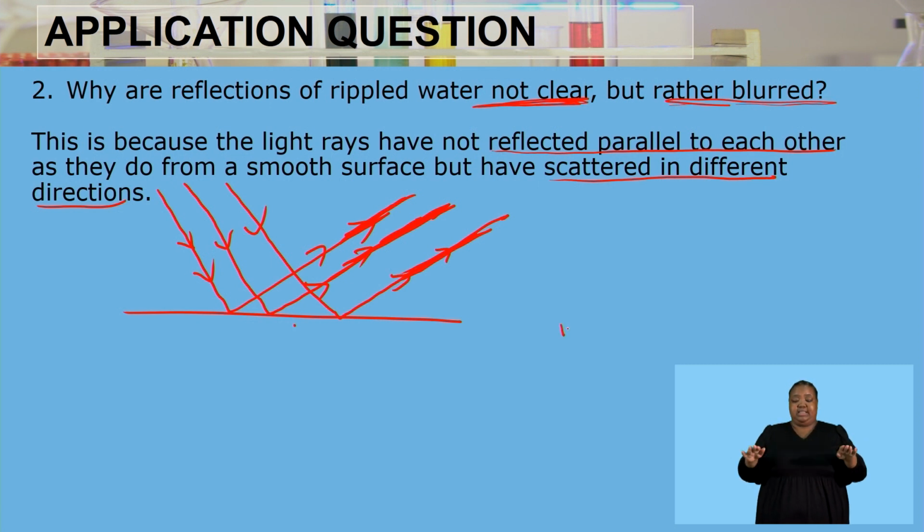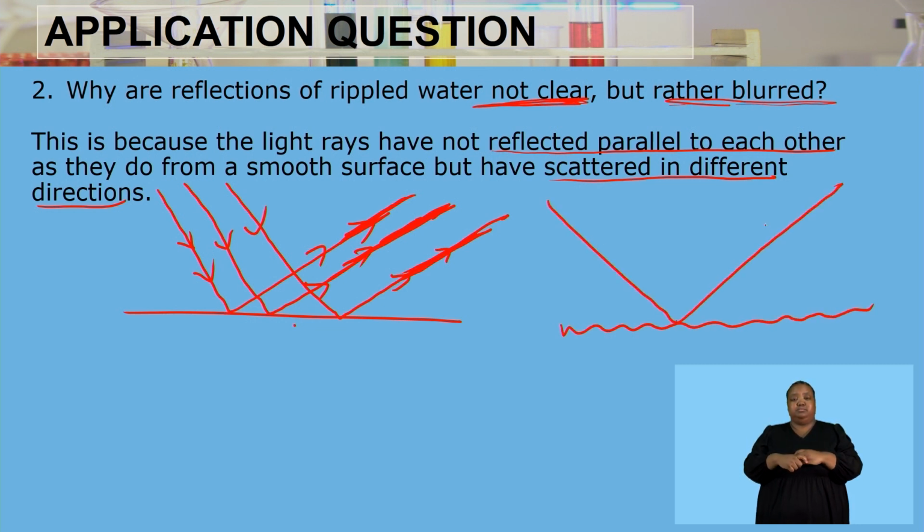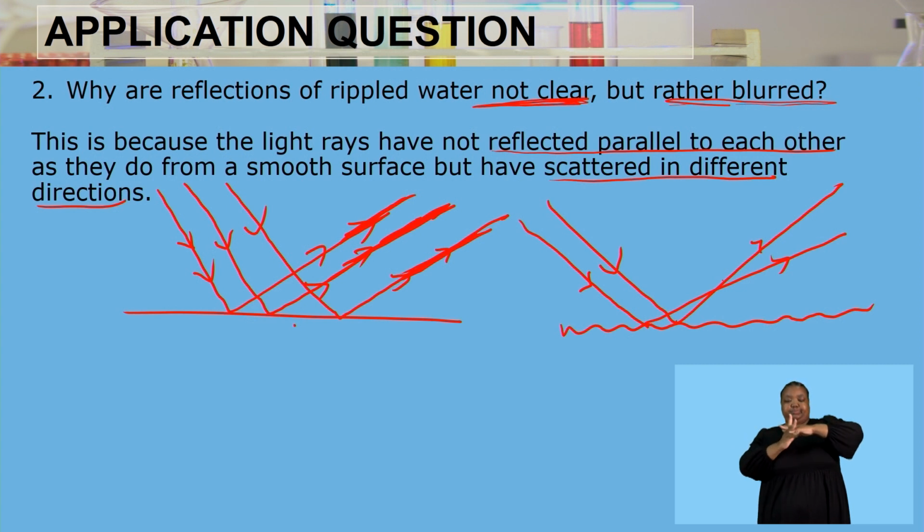However, if the surface was a rough surface, now when this happens, the light rays, when they are being reflected off the surface, they're going to be scattered all around the space, and because of that, they will not be parallel to each other, meaning that at some point they're going to intersect. That means they're going to cut each other, and that is not supposed to happen. And when that happens, it causes that blurred image, not a smooth image that we